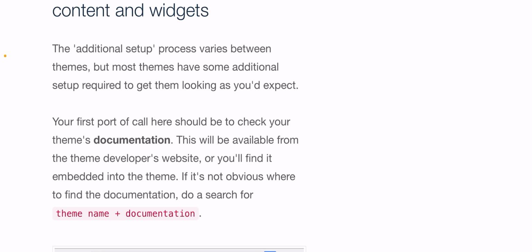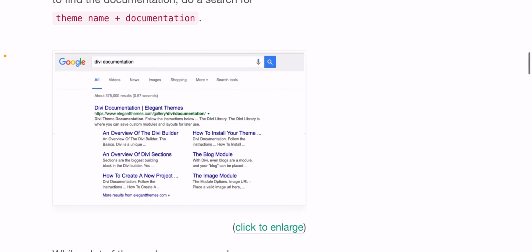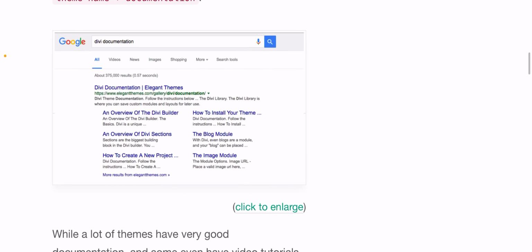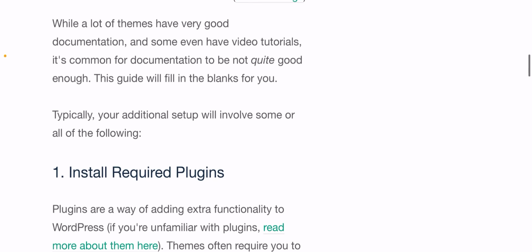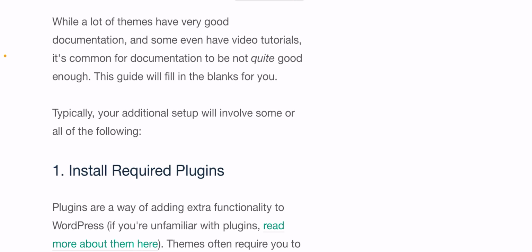So the first topic is where to find WordPress themes, both free and paid. Learning how to install a WordPress theme on your website isn't hard to do. But what is harder though is choosing the right theme for your needs. So, before we look at how you can successfully achieve that, let's have a quick look at where you can